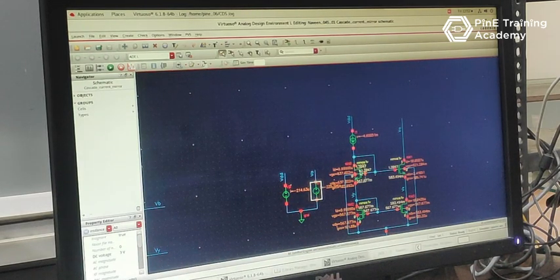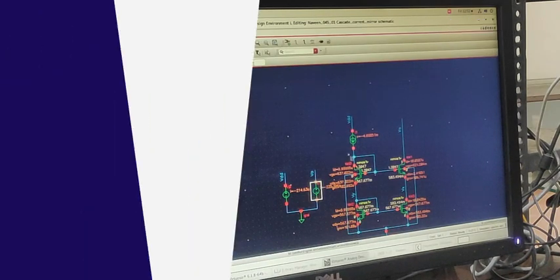And in the analysis of this circuit, we find one more important equation: width of this transistor divided by width of this transistor is equal to width of this transistor divided by width of this transistor. It means if all our transistor widths are the same, then we will find equal current mirroring in this circuit.